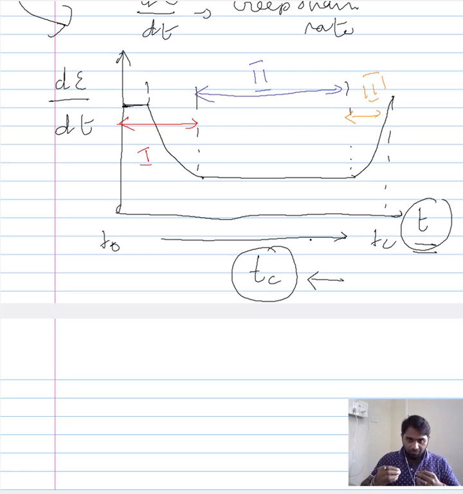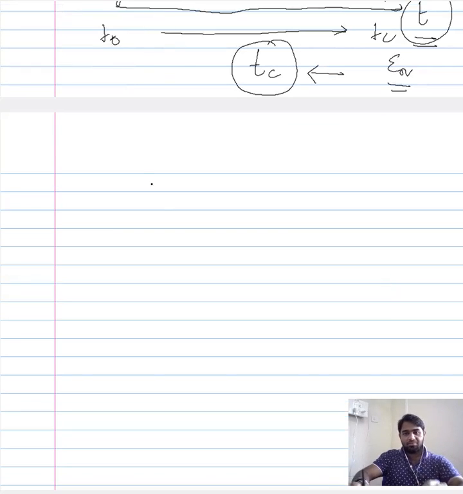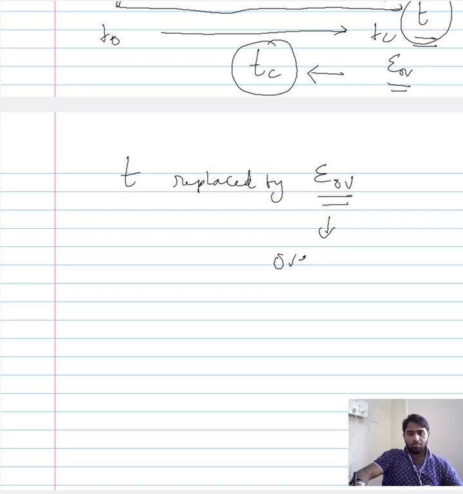Now you want to probe further, you want to look into the rate at which the strain is happening. You want to categorize the stages of the creep, so for that you are looking into the strain rate. Now when all these factors are satisfied, it becomes permissible for you to replace the time here in the x-axis with strain. So the time in the x-axis can be replaced by epsilon OV, which is the overall